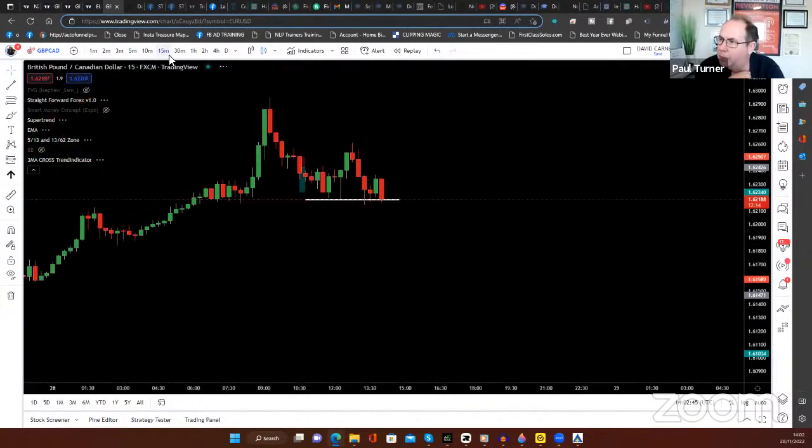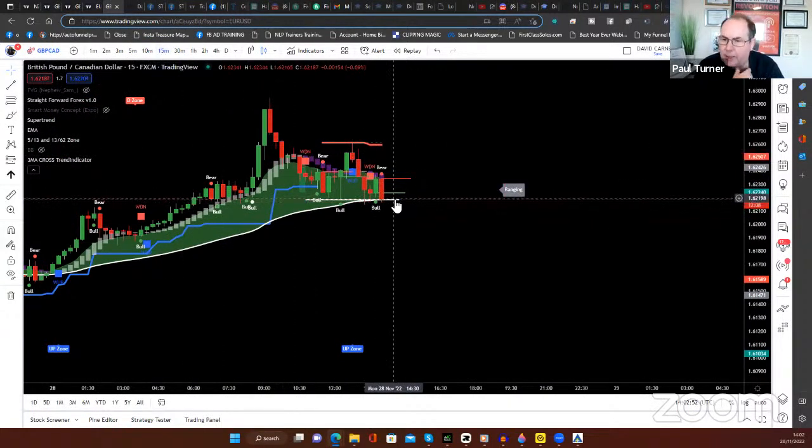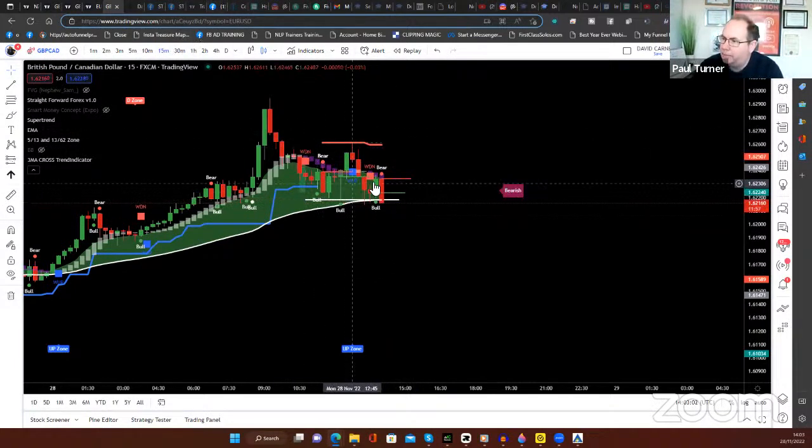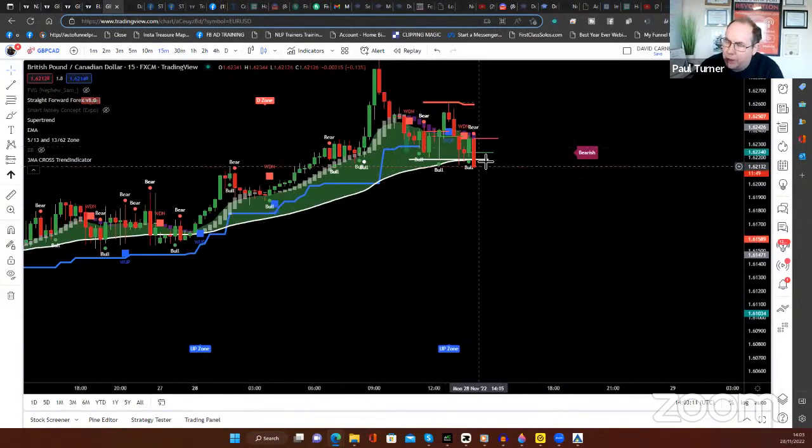One of the things you might want to do is you might want to consider sticking it on a higher time frame, like the 15-minute time frame. The higher time frame you go, the more you smooth things out. The lower time frame you go, the more volatile things are. Right? So the 15 from the 1 hour isn't bad, right? Even though the scan went to the 30-minute, I know. But if you want to wait for that to change on the 15-minute time frame,